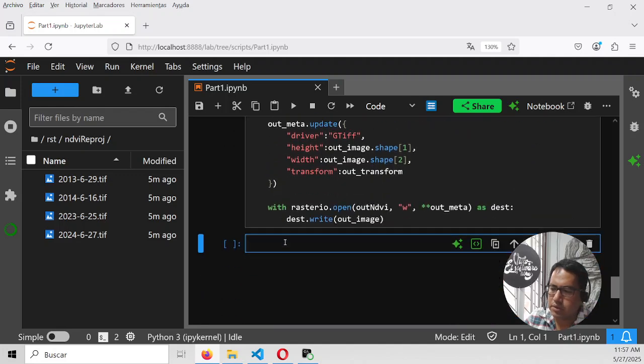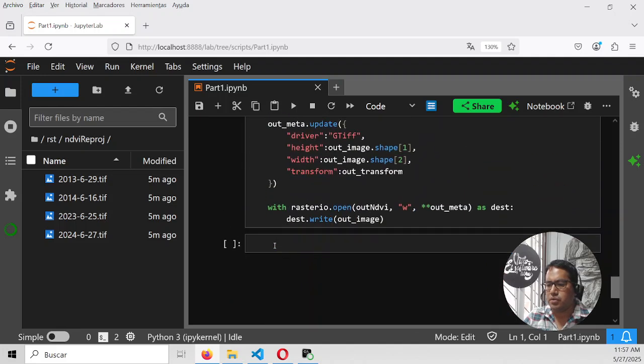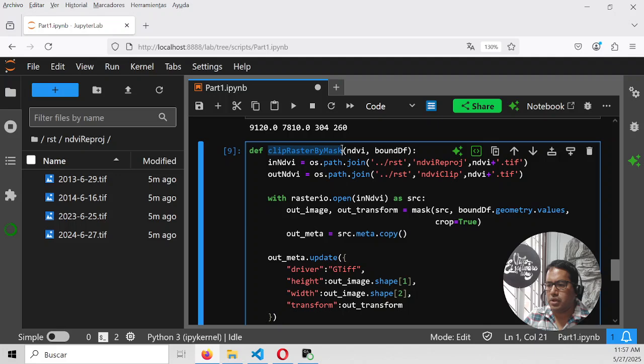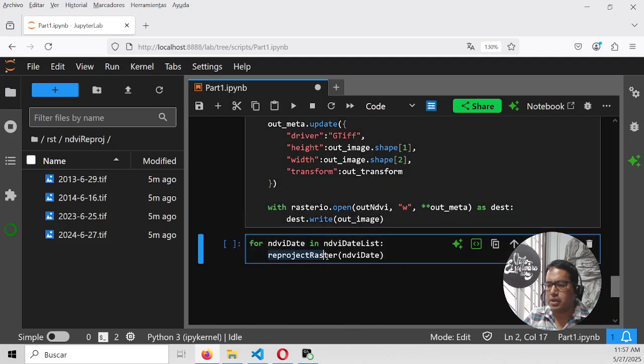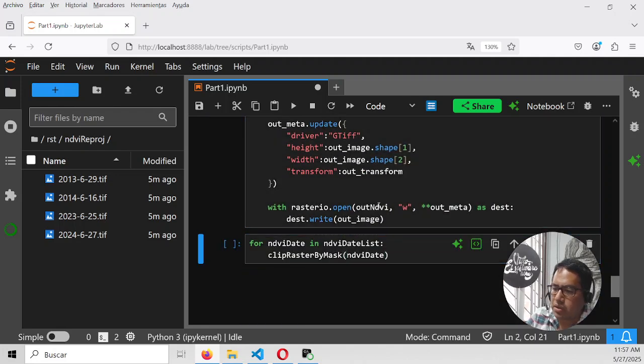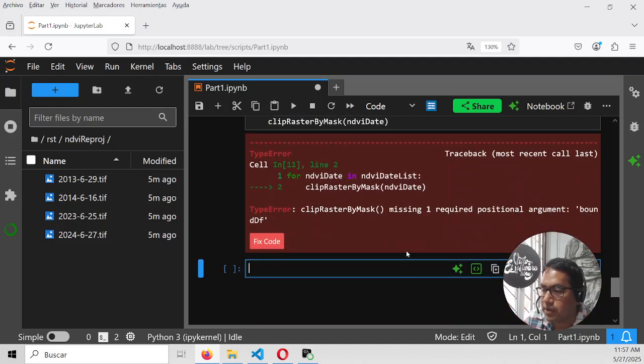Okay, this only clips the raster. So, we copy this and paste it here, and then we clip the raster, and in this folder we will have the clipped rasters, but those might have different